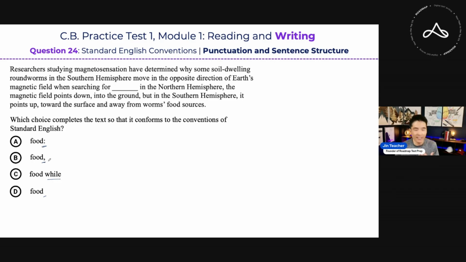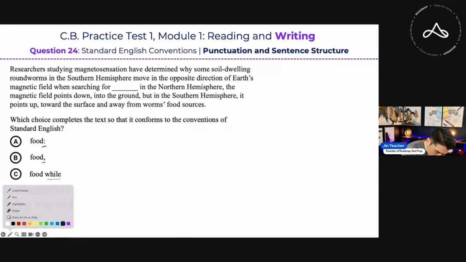Okay, punctuation again. Usually you're going to be tested on punctuation and sentence structure simultaneously. Okay, so in this case, remember, let's read the sentence. And remember, you guys, we want to read to the end, right? So it says, researchers studying magnetosensation have determined why some soil-dwelling roundworms in the southern hemisphere move in the opposite direction of Earth's magnetic field